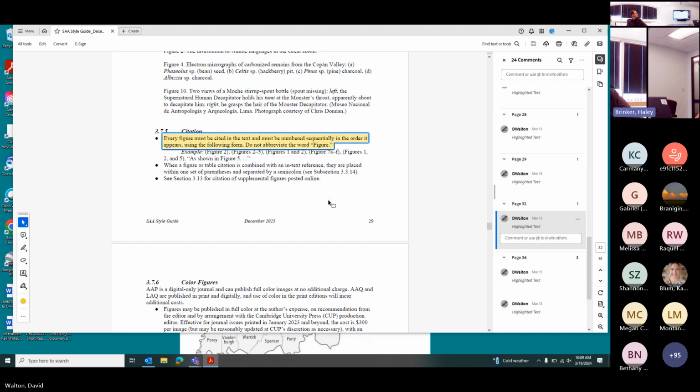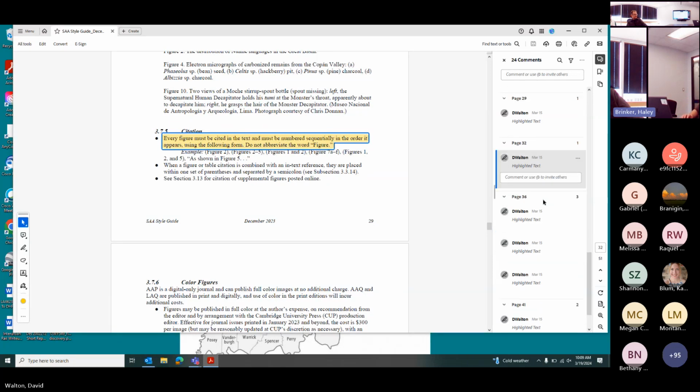This is something I've been running across. This is not something that's really new, but something I've been running across quite frequently in reviewing reports: making sure that you're citing every figure that you have provided within the text, linking it within the text to the end of the file where all your figures are living. We do search for those and make sure that they're all numbered accordingly. Just make sure that the report's readable and makes sense.